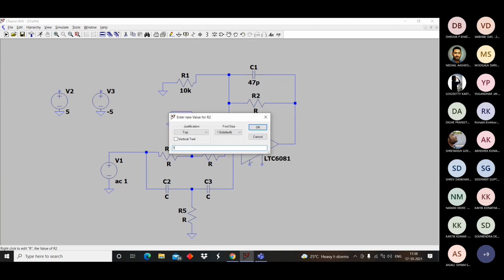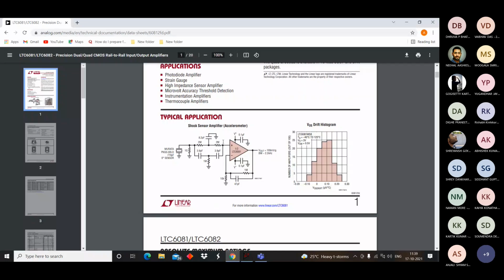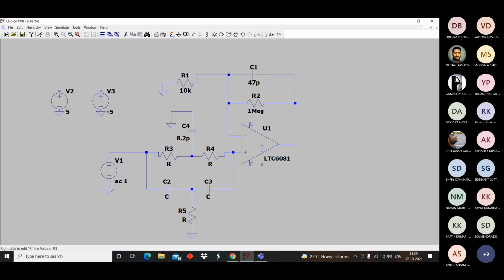This value is 1 mega. This capacitor is 8.2. These resistors are 2 mega and the capacitors are 3.9 pF respectively.